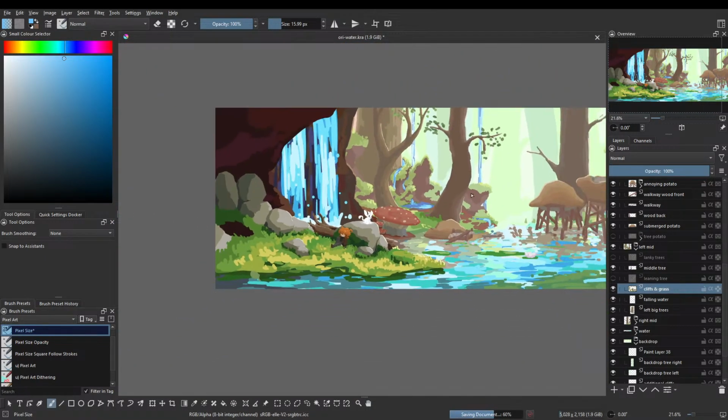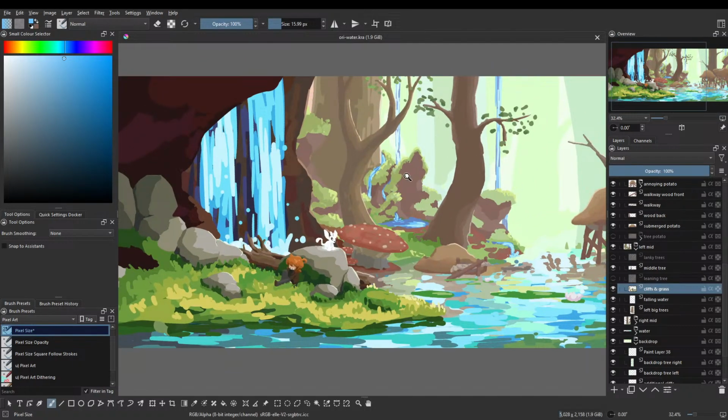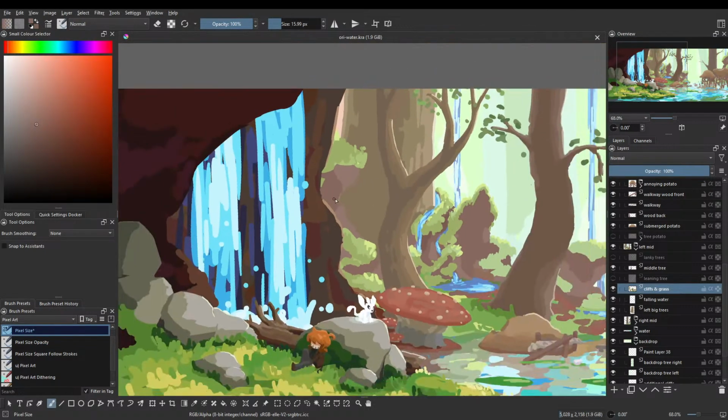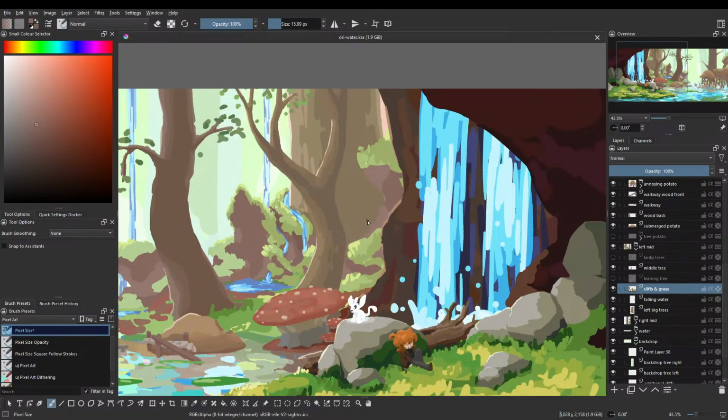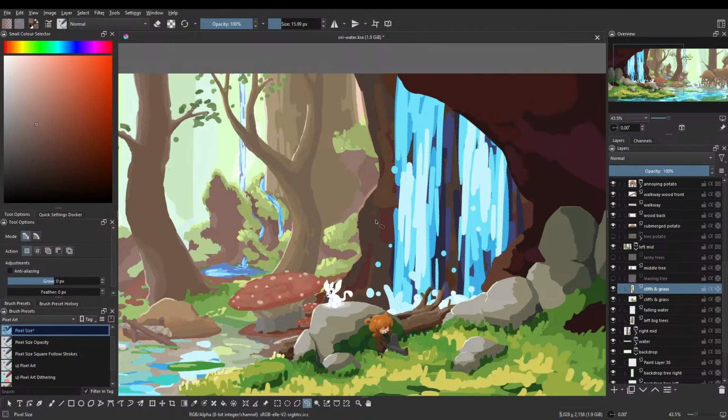Yeah, I'm thinking that looks good enough. This side of the cliff needs work, and I think the biggest part is that I need to select it and make it darker and a little more saturated, because that way it's going to look like it's slightly more in front than the other part of the cliff, which I'm going to separate into a separate layer, of course. This is like a front type cliff.